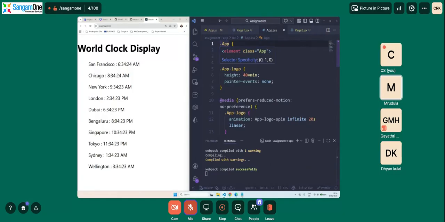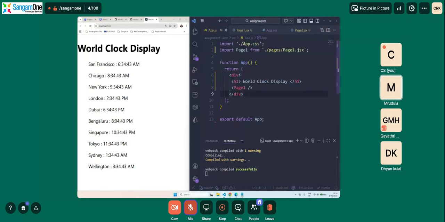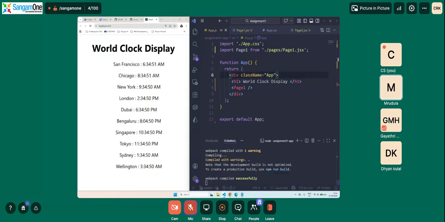So basically any tag with class name app would have its elements center aligned. Okay, the alignment would be to the center of the page. So we will go to app.js, and here we will have this div. We will assign a class name to this div called app. Okay, then as you can see, it automatically updated our web page and everything is visible in the center.